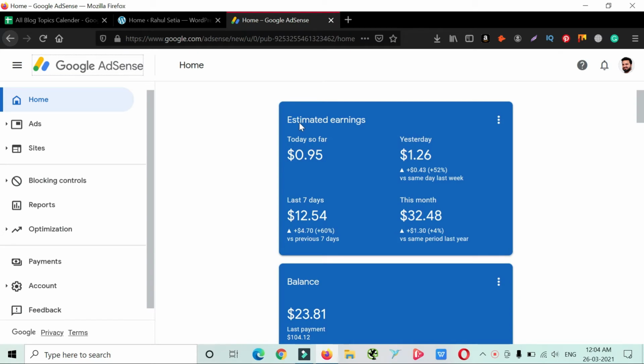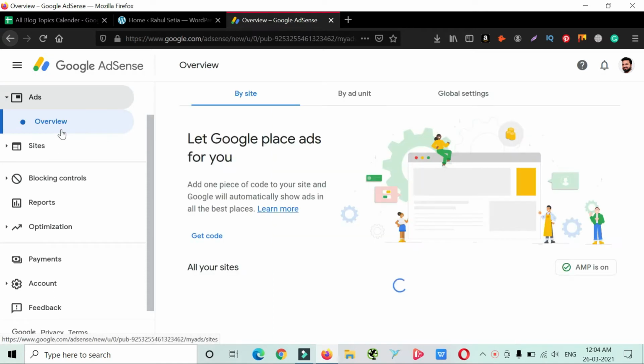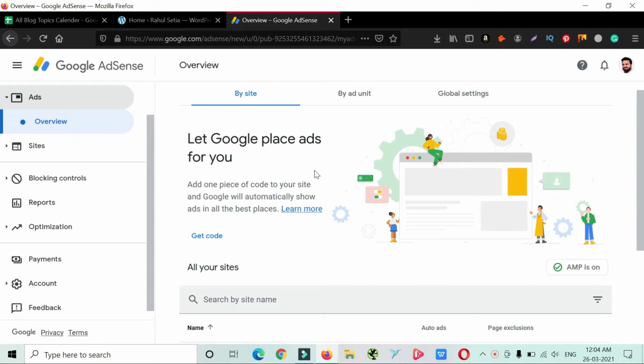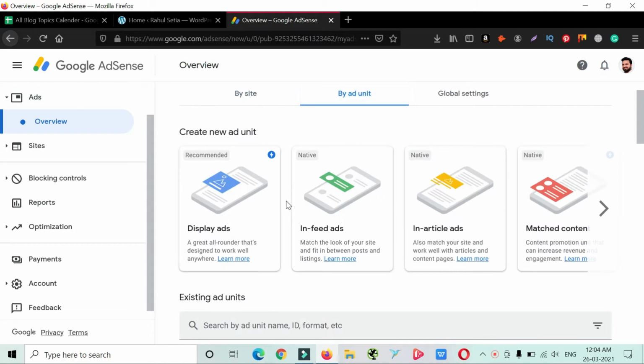So what you have to do is once you log into your Google AdSense account, just click on the left sidebar and click on ads. Once you land on this screen, just click on by ad unit. Okay, that means you are going to have the ad unit as per your website theme or as per your choice. Okay, for example, you want to have a particular space or size on your website like 300 by 250 or 728 by 90, so you can choose the sizes based on your requirement.